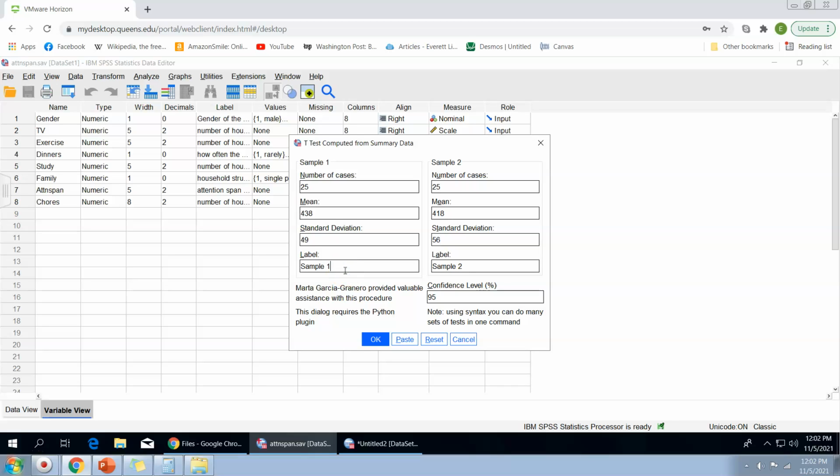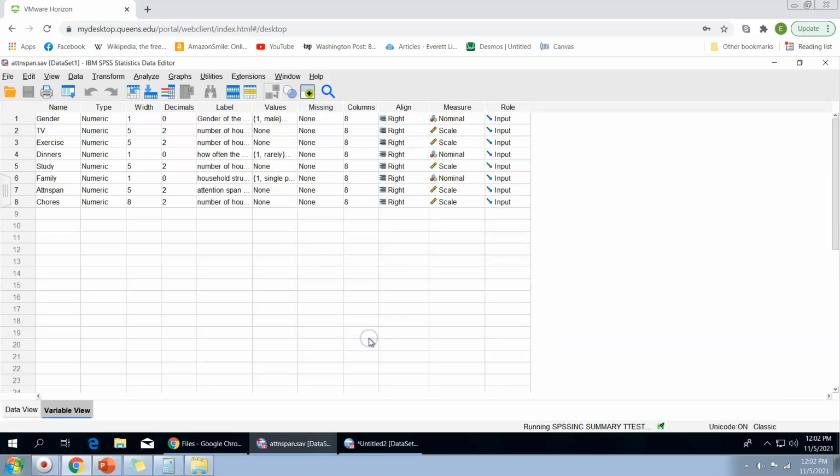And they give us an option to type in labels for the two groups. So group 1 was the people who ate breakfast, and group 2 was the people who skipped breakfast. Okay. All right, so we're going to click OK